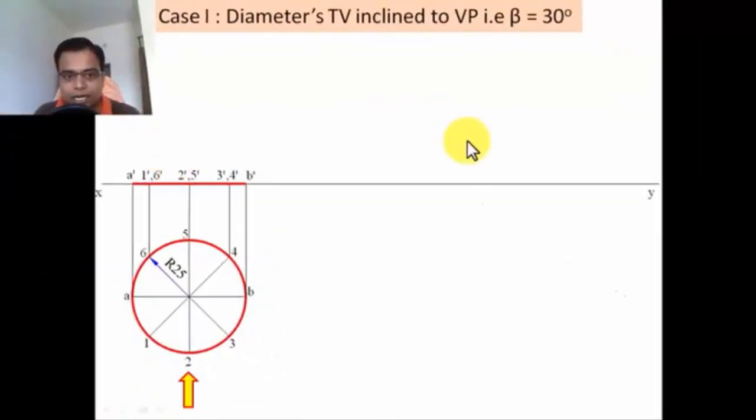So let me have a point over here. Let's say this point is A dash. Now let me make a line at an angle of 45 degrees. The length of this line is going to be equal to the length of this line. This arc which you see right now is nothing but the location of 1 dash 6 dash. You just need to keep one leg of your compass here, the other leg at 1 dash, and then with this A dash as the center you need to put an arc. Similarly you can have the remaining points.